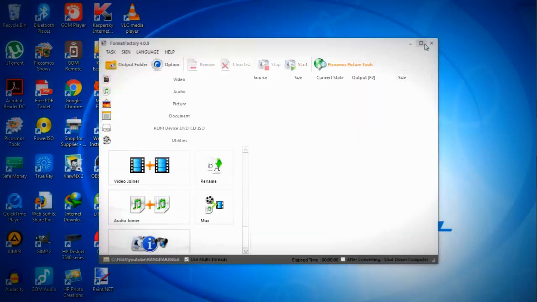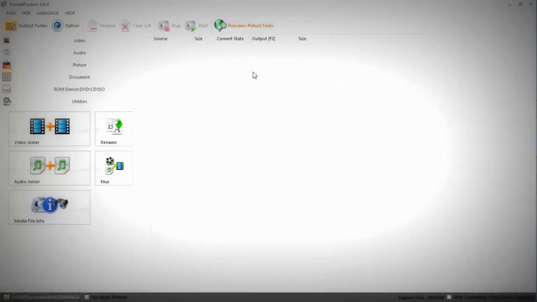Okay, so this is the home page of this software. Now just maximize it. Yeah, this is the home page, and you can see there are a lot of options in there. And by the way, I must tell you that factory format is not only for video joining. There are tons of things that come with this particular software, and you can perform various tasks using it. I will be showing you the other things you can do in this software in my next videos. Keep a check on my channel, and I will be posting the links.